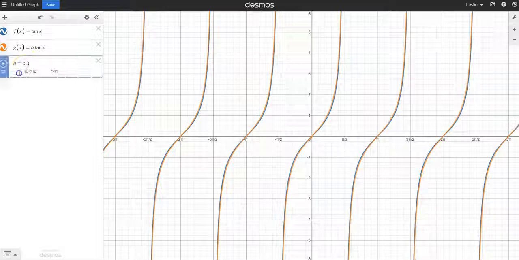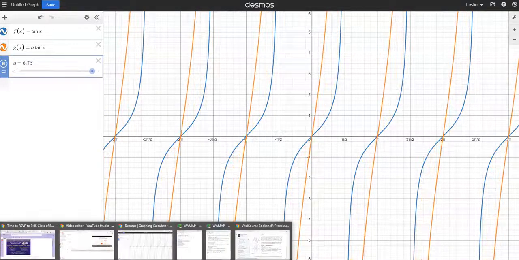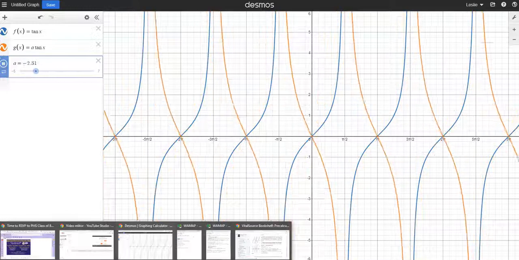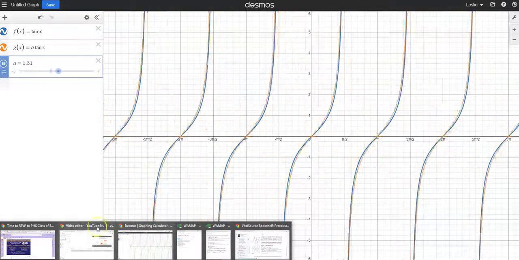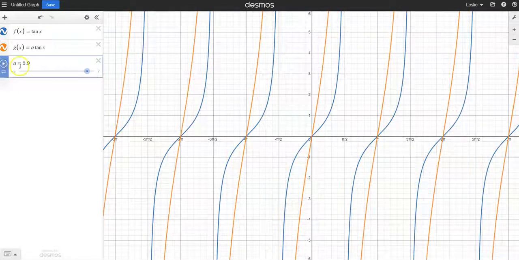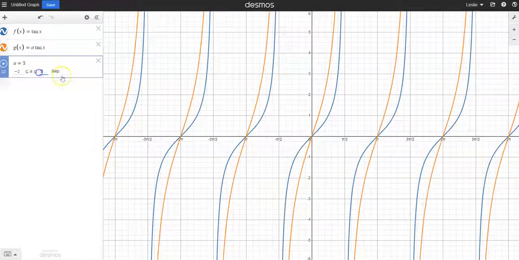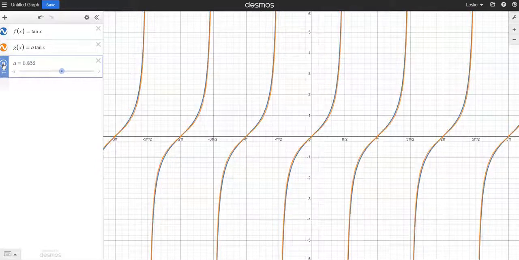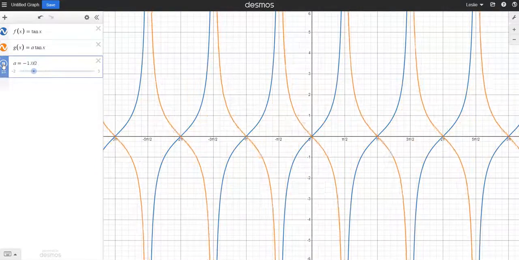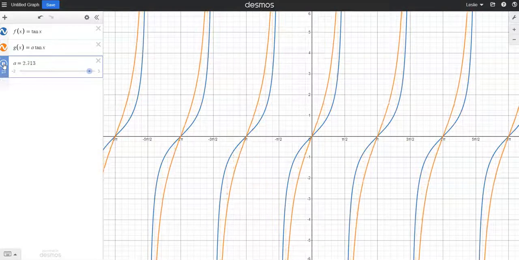You can also change how far you want it to go. Right now it's going from negative 10 to positive 10, but let's say you want it to go from negative 5 to, let's see, negative 5 to 7. There we go. And that's what will happen now, is it will only go down to negative 5. So we won't quite get that complete straight line look, although we still almost do. And change it to like negative 2 to 3 or something. What happens then when you animate it? You can see that it only goes to that point. It doesn't quite get all stretched out the way it did when we had it going all the way to